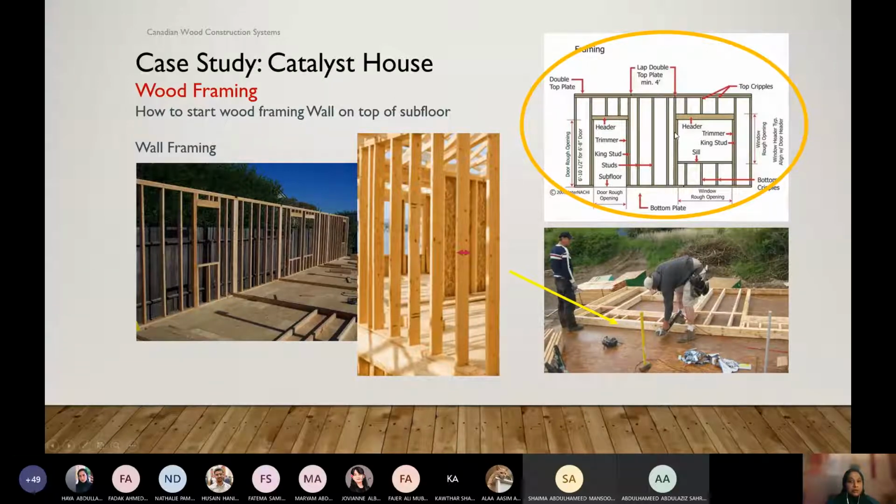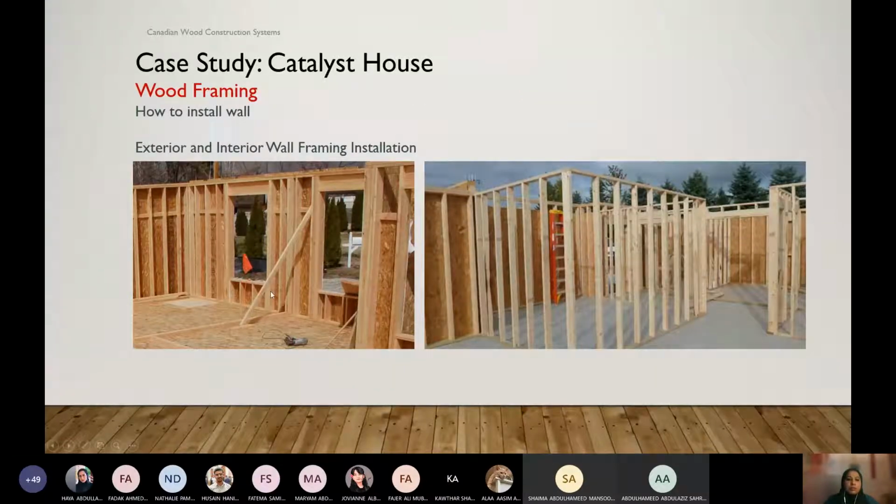So here also, whenever we create an opening for any doors or windows, we have to be extra careful and put double studs around the doors. And for the lintel at the top of the doors and windows, we put a little bit larger piece of wood. So that's a common wall framing.